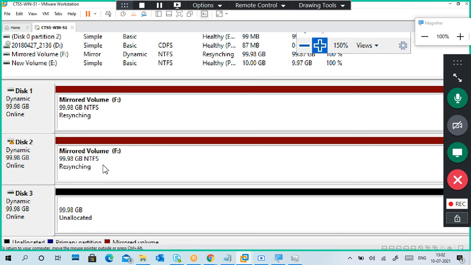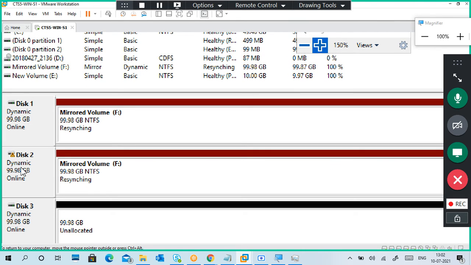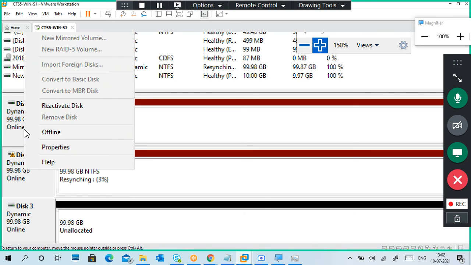So what will happen? We wait. Resyncing. It is resyncing and showing some warning, which is still resyncing. So let it resync.